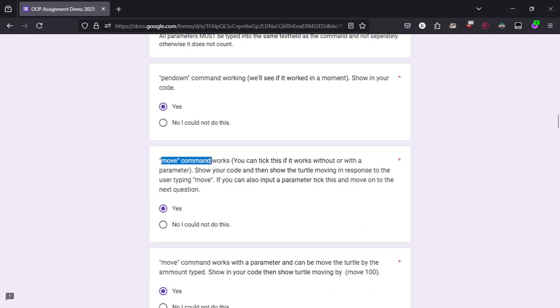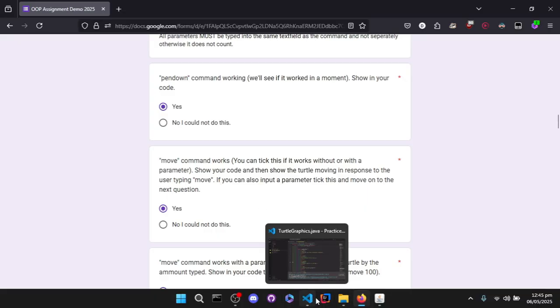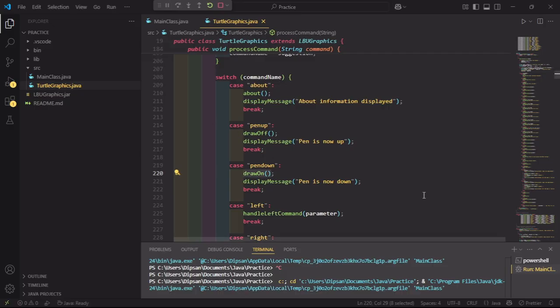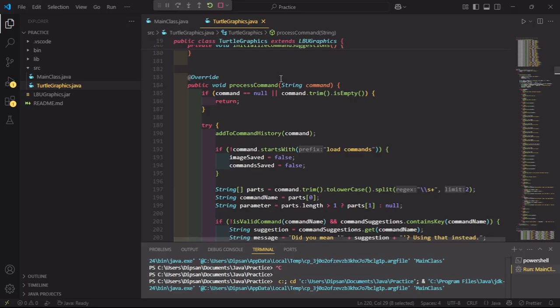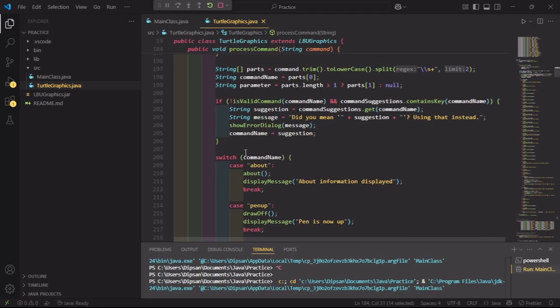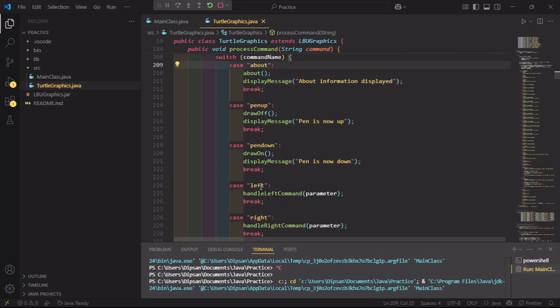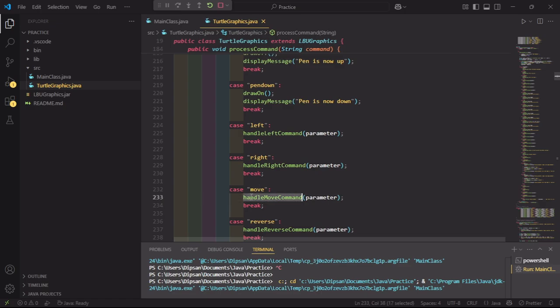The move command works. You can tick if this works with or without a parameter. Show your code, and then show the turtle moving in response to the user typing move. If you can also input a parameter, tick this and move on to the next question. So the move command works properly, and I can obviously input parameters in here. Again, process command gives it to the switch statement, and when the user types in move, it goes to the handle move